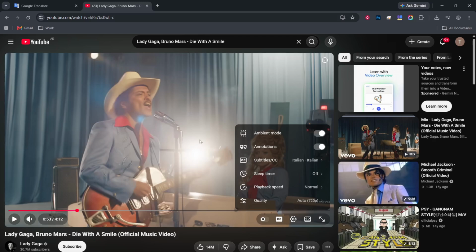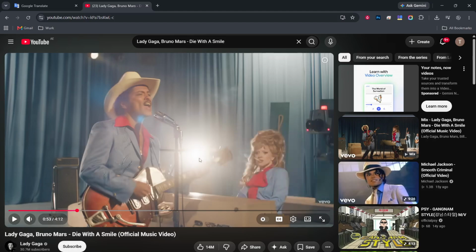The moment you click Auto Translate, YouTube will open another list, this time showing many languages. Auto Translate means YouTube takes the existing captions and automatically converts them into another language using its own translation system. Now select your language from that language list. Scroll until you find the language you want to read and click it once. Right after you